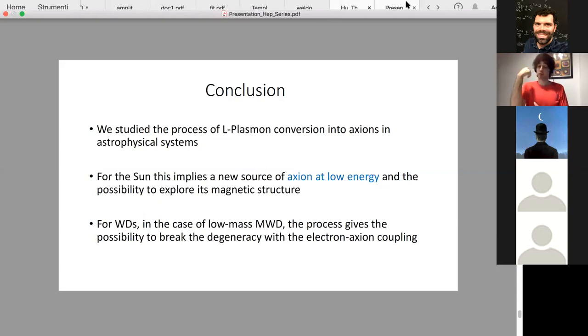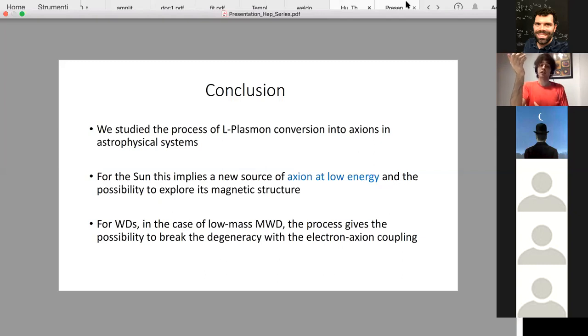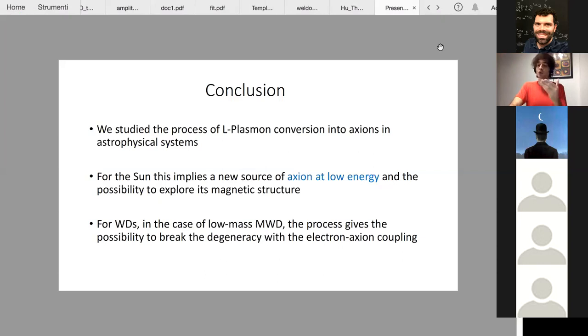We are also saying that if you look for an analysis like the one that Ben did, you can hope to break the degeneracy between the coupling to fermions and the coupling to photons using this process that is not that suppressed. And I just want to mention briefly that there could be other